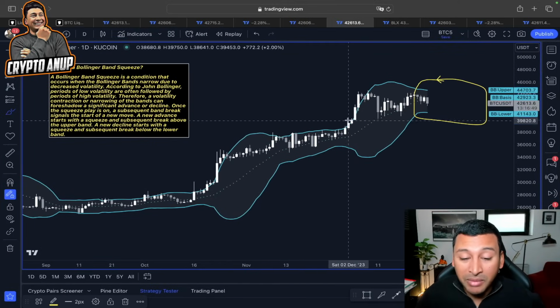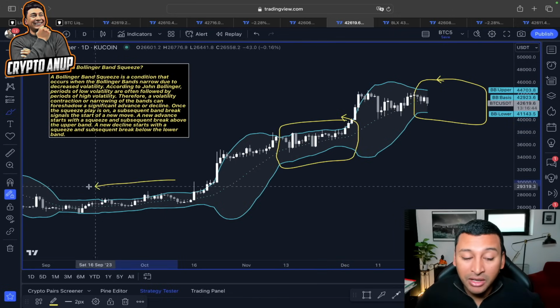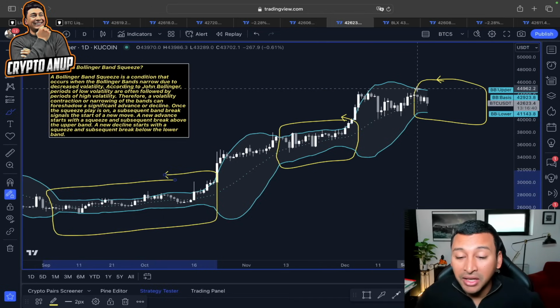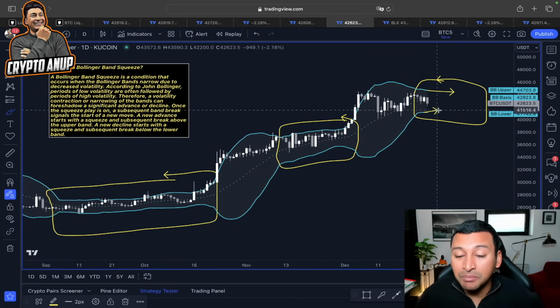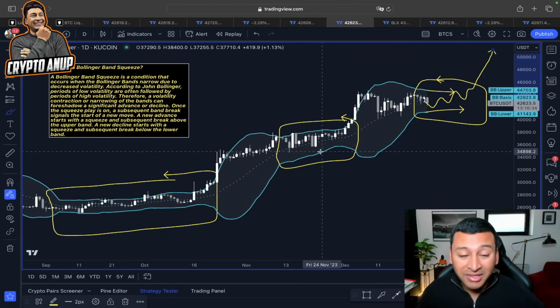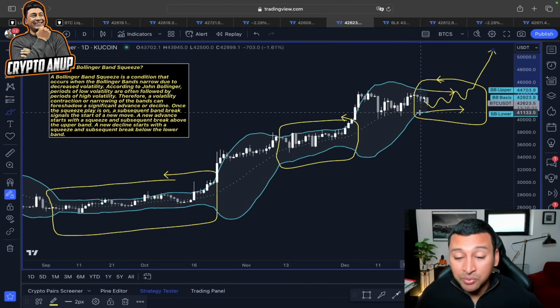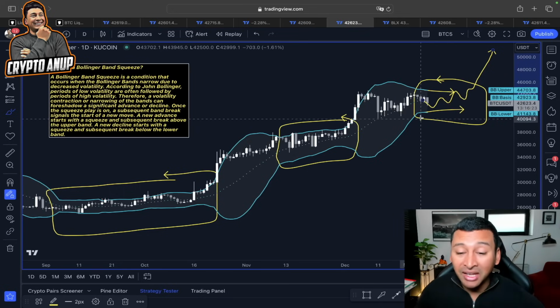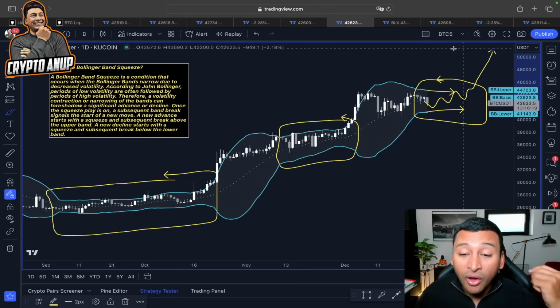I mean, I showed you on my previous video what we were expecting. We were expecting a similar move. Some squeeze could be happening here. Price of Bitcoin consolidating in between this Bollinger Band before breaking out. So this is another reason why, even if the price of Bitcoin is going to get attracted on this 41,000, even up to 40,000, please do not panic. We have strong line of support for Bitcoin, and in that case, the price of Bitcoin could be also preparing itself for the next incoming volatility.